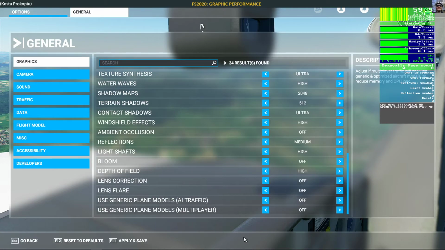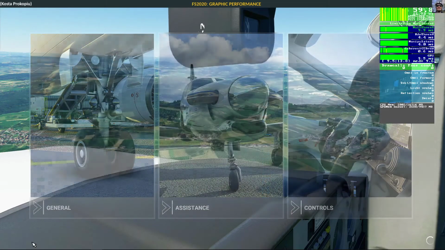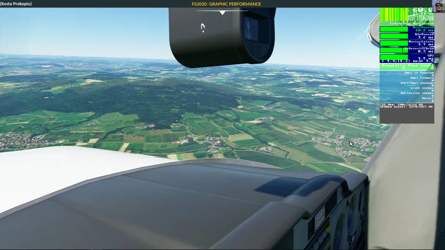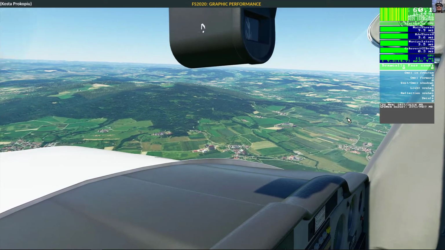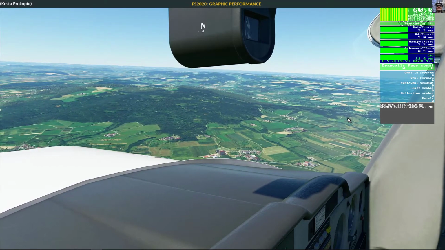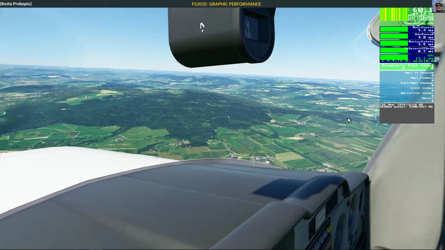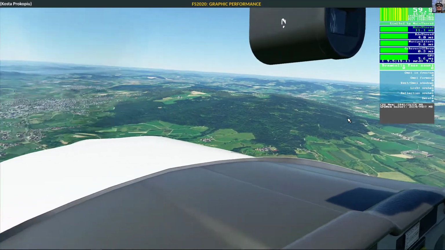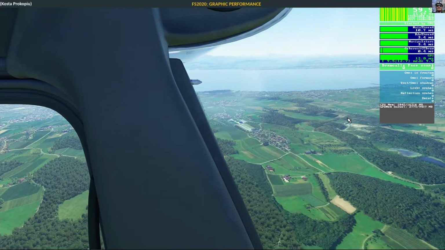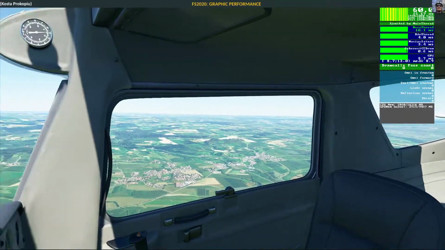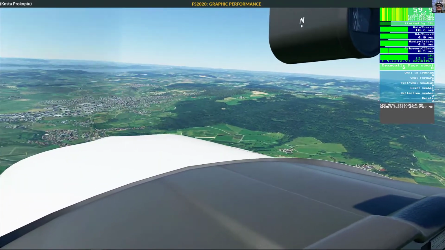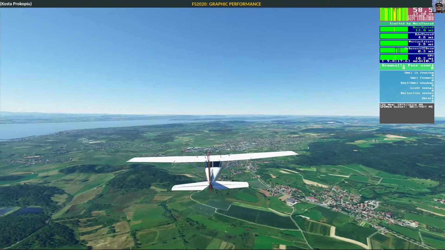So let's apply this. As you can see, we're still on 60. Now let's see what happens when we're in the simulator. And that is a completely different picture. So what I can tell you now is my CPU is at 43 to 62 at the moment. So I'm going to change the views a little bit. It is quite smooth. And when I go into the outside view,